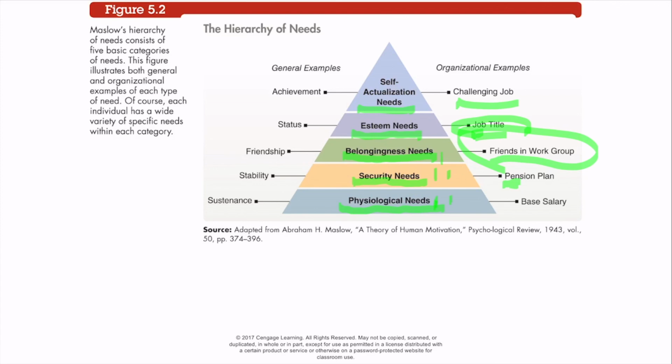I want you, this week, in the first forum, to be able to go in and take a look at this hierarchy of needs and relate it to you, your life and what you're trying to do right now in life. Some may have more of an impact on you than others. You may already have your physiological needs met, and that's all well and good. But where would you believe that you are right now when it comes to this hierarchy?